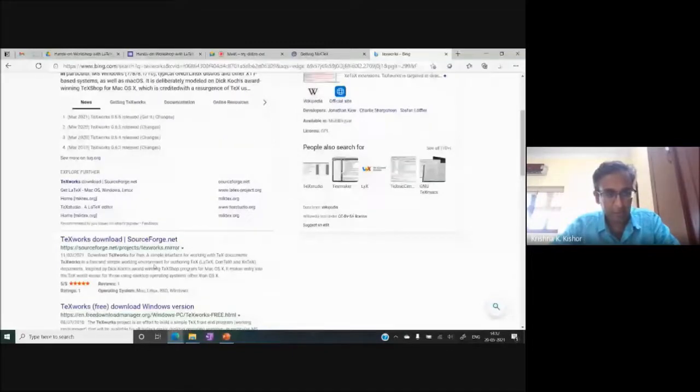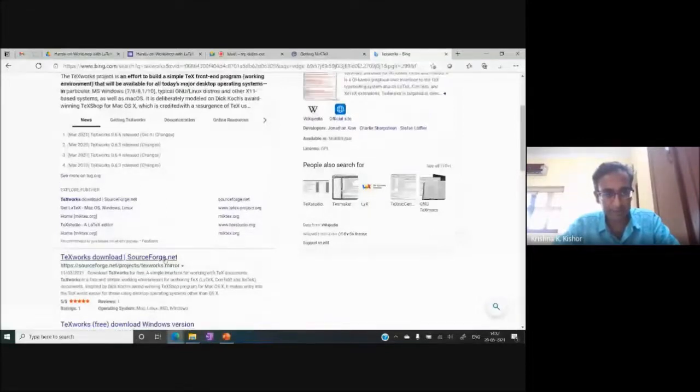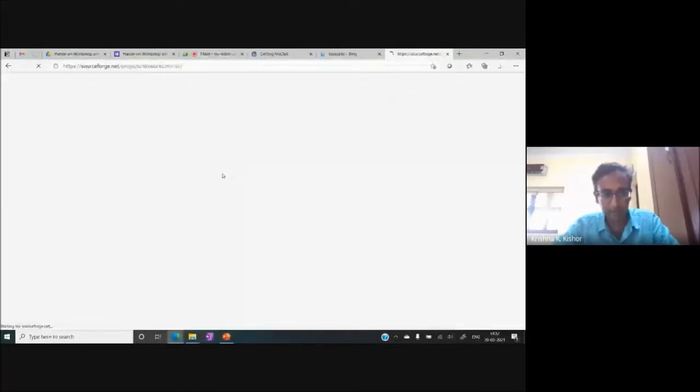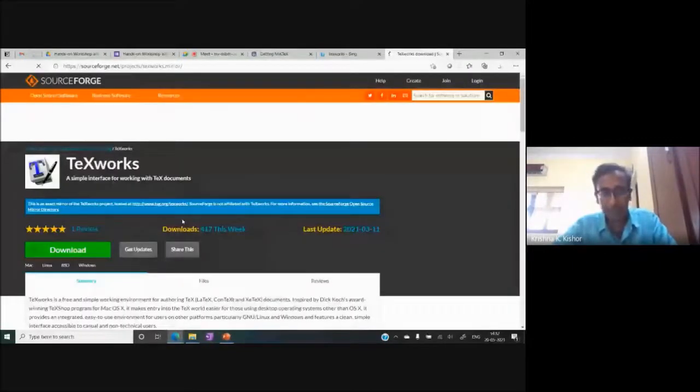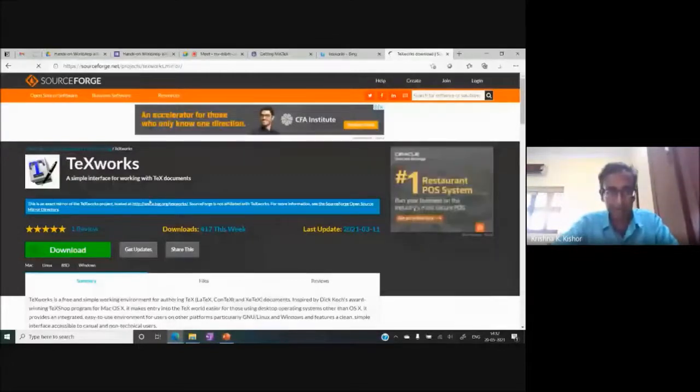You can search for TeXworks, download it, and install it. It's the same with WinEdt or WinShell or anything like that. If you plan to use WinShell, you can go to WinShell.